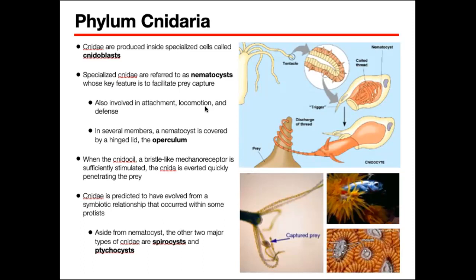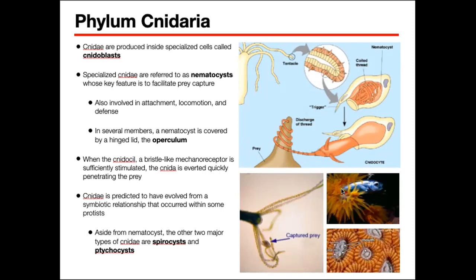Okay? And in some cnidarians, yung kanilang stinging cells, you can see right here, it's guarded by this hinge lid, no? Yung parang plastic covered na yan na structure. Ito yung tinatawag natin na operculum, which will be triggered open when there is, say for example, ng food. When the cnidocil, okay, yung bristle-like na mechanoreceptor, cnidocil is basically these parang thorn-like structures, no, is stimulated, the cnida will be everted quickly to penetrate into the prey as shown in this fish right here, okay, being entrapped by